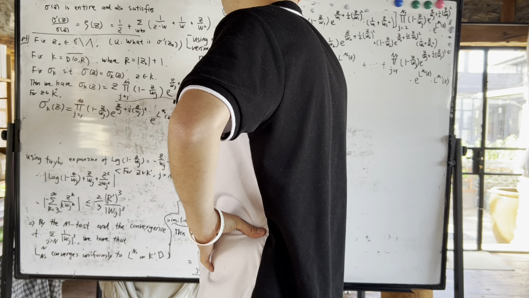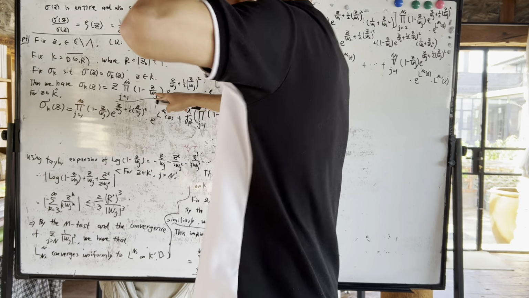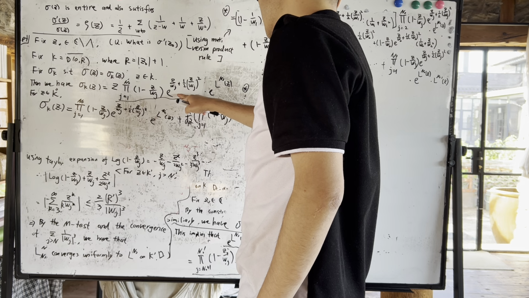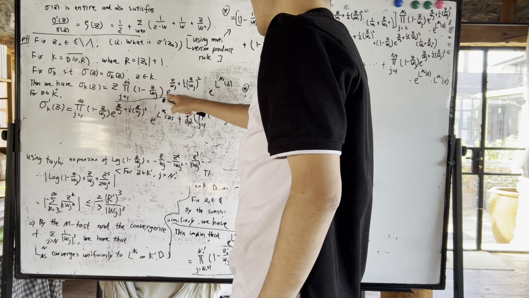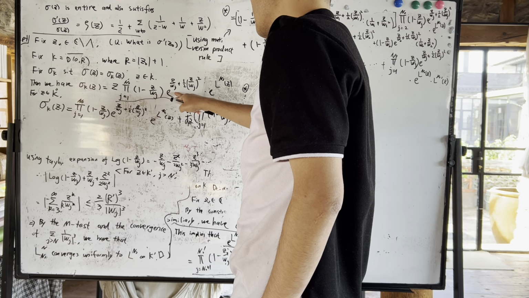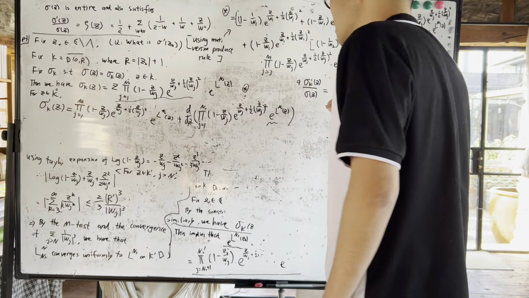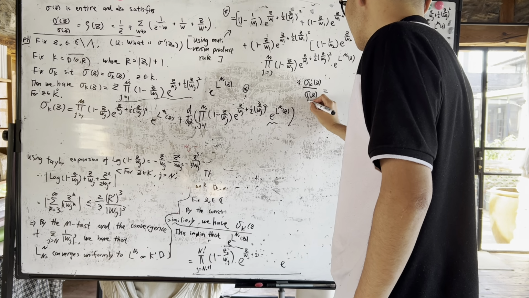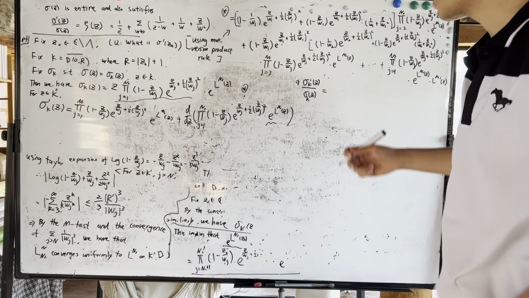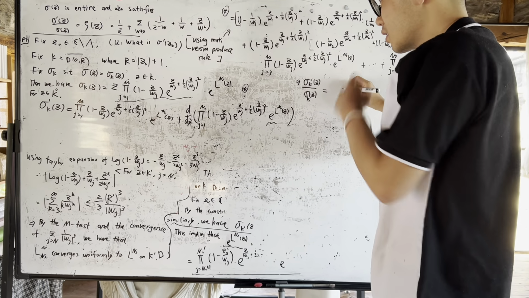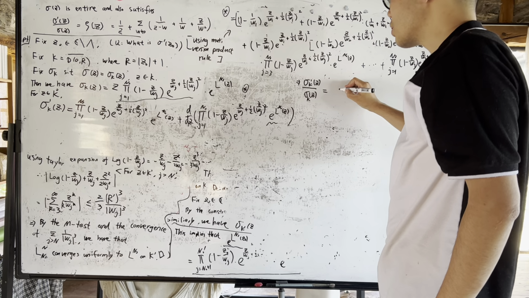So what we do is we just divide by sigma z. So let's say sigma k prime z over sigma k z, which is equal to